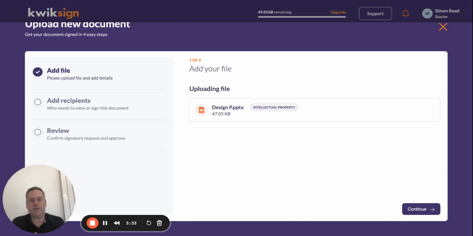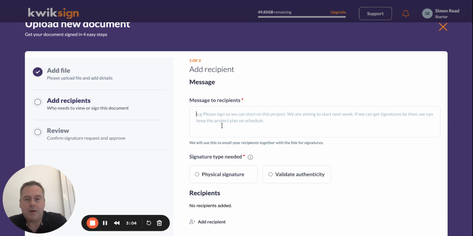Now, it's just me who's going to check and validate this today, but if I had created this and I also wanted to share it with my IP lawyer, for example, I can do that. In that case, my IP lawyer could look at it, and he or she could also validate it as well and say, yes, I saw this design on this date. It was created by Simon, and they can also make a record on the blockchain to say that they've seen it, which you can use in the future, obviously. So now that I've uploaded it,